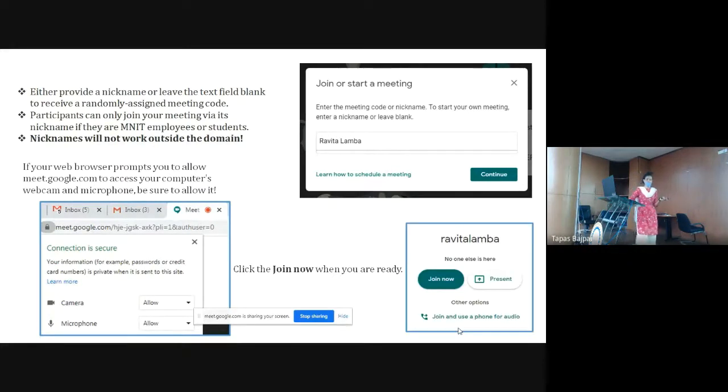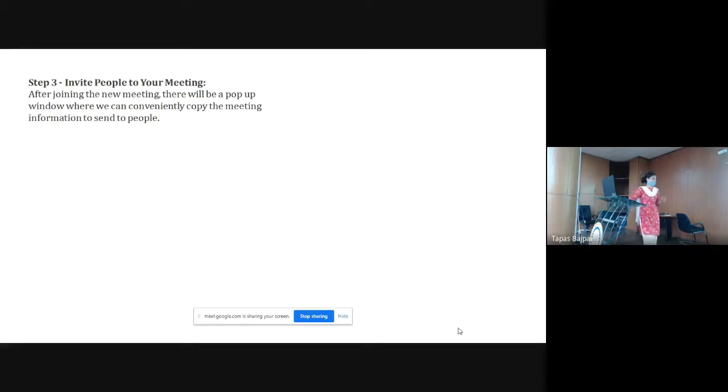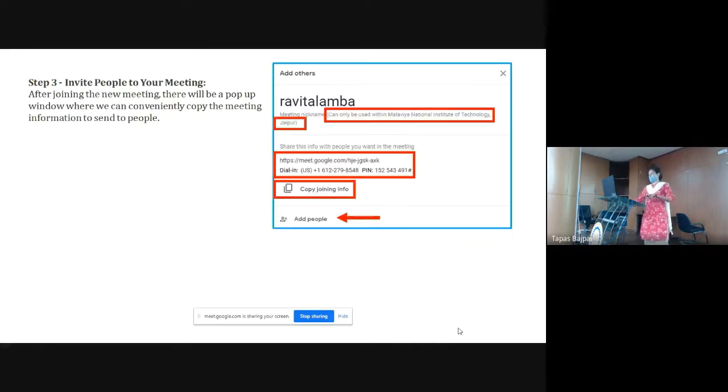So here, when you click, it will automatically redirect us to the Google Meet conference room. There we can invite people also. It will look like this. When you click on this, this will be the Google Meet code. Or we can copy this and circulate it through Gmail or WhatsApp, whatever we want.